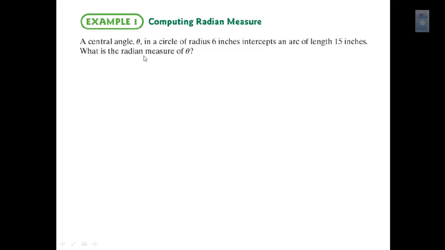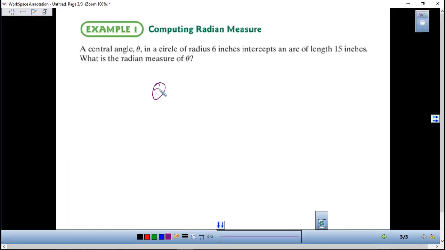Now, a central angle theta in a circle of radius 6 inches intercepts an arc of length 15 inches. What is the radian measure of theta? To find that, we know we've got theta equals S divided by R, and our theta would be in radians there. So when we put all our information in, the arc length of 15 inches and a radius of 6 inches,